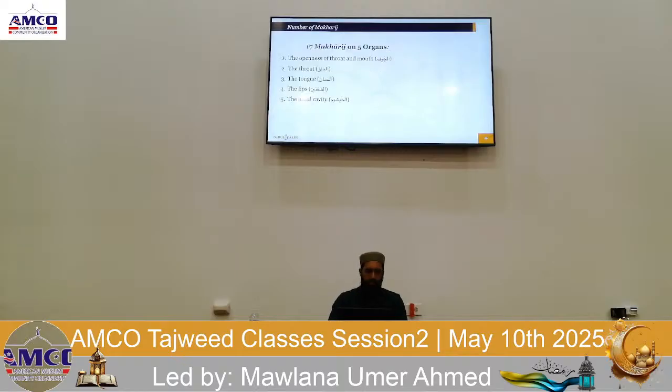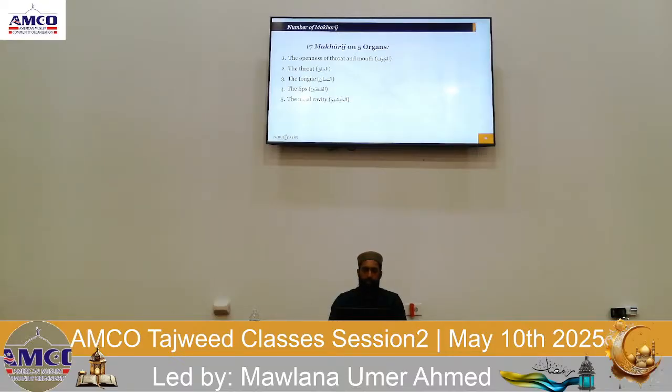So now, inshallah, over the next 3 weeks, we will talk about the Makharij of the letters. The Makharij is the place where the letter is pronounced, meaning where the tongue touches in your mouth, the lips touching, the tongue touching which part of the teeth or which part of the throat. So we have 17 different makharij of the letters, and those 17 makharij are divided on 5 body parts in the mouth and the throat.